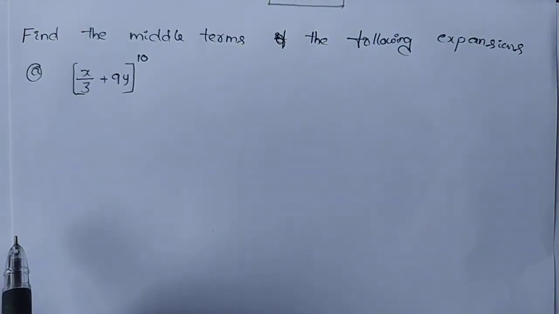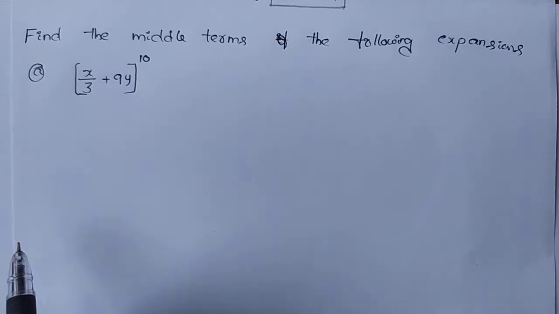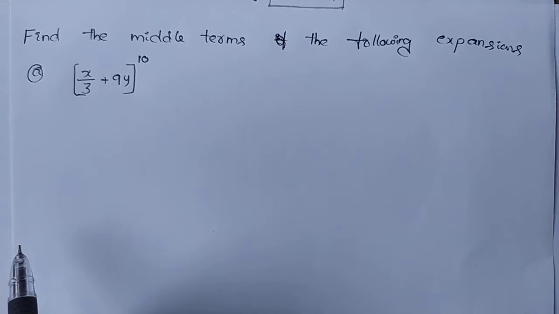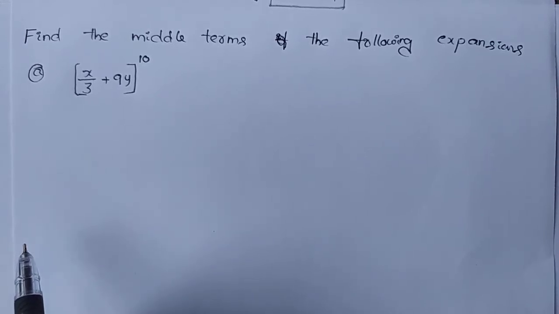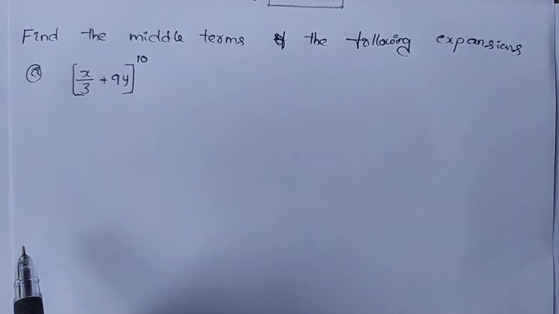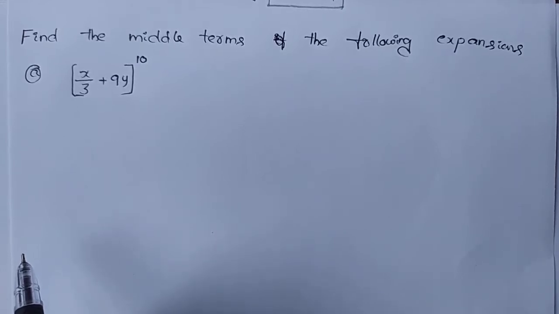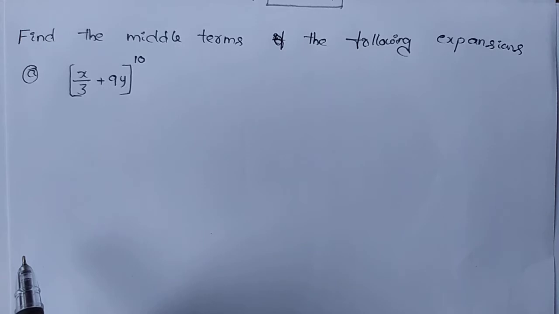How to find the middle term? In the previous classes we learned about the middle terms, the term independent of x and the general term, isn't it? You just see the note points of the previous classes. We learned that when finding the middle term of the expansion, if n is even, there will be only one middle term. If n is odd, then there will be two middle terms of the expansion, isn't it? So those things we know already.